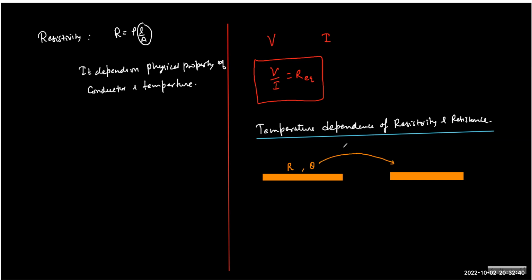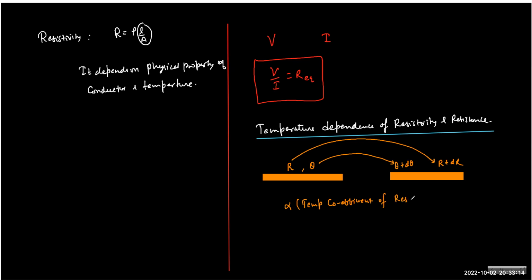You increase the temperature from theta to theta plus d theta, and the resistance grows from R to R plus dR. So we define something called alpha, the temperature coefficient of